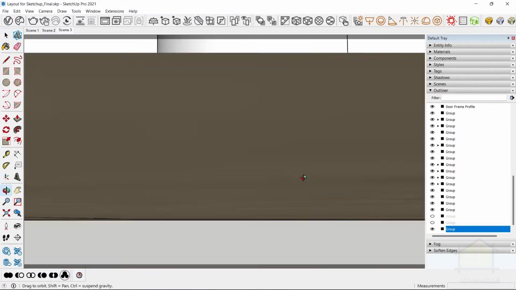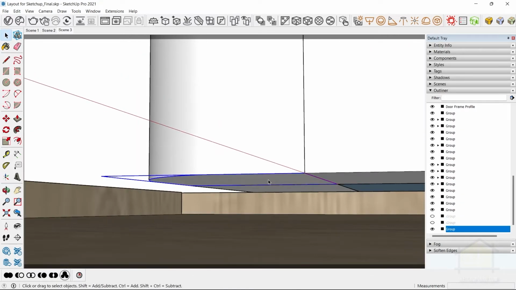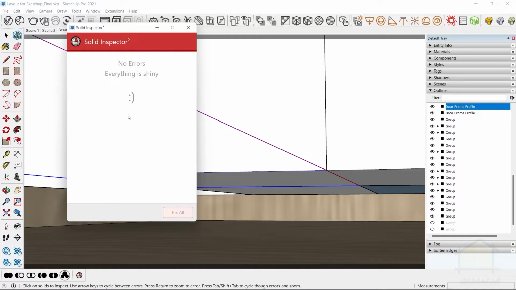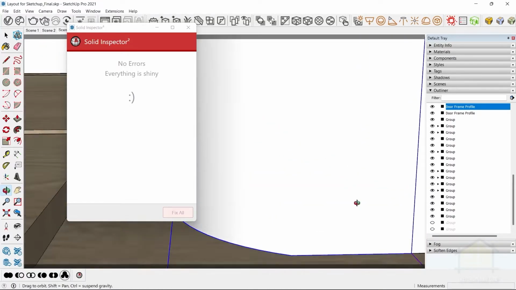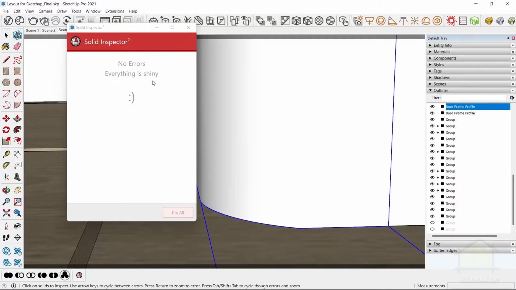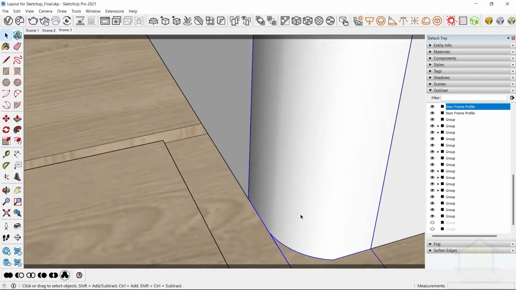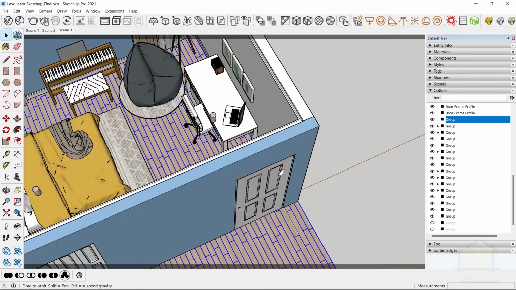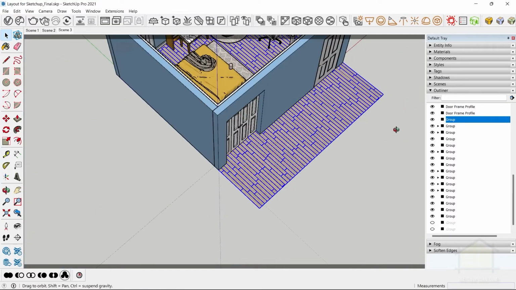You can see that there was an extra face. All you need to do is make it a group and delete. And now if you go to Tools, Solid Inspector, you can see that there's no error. So there was an extra face overlap to this model and that is why the error was showing up. Alright, great. So we fixed the model and now what we can do is sort of remove this extra flooring